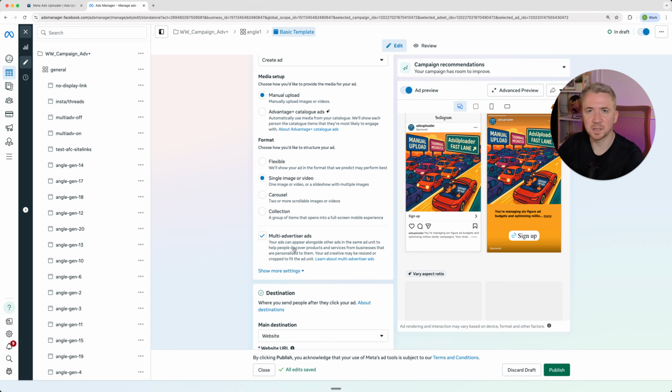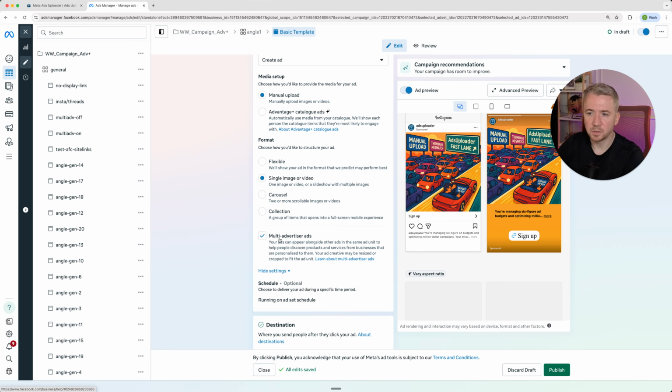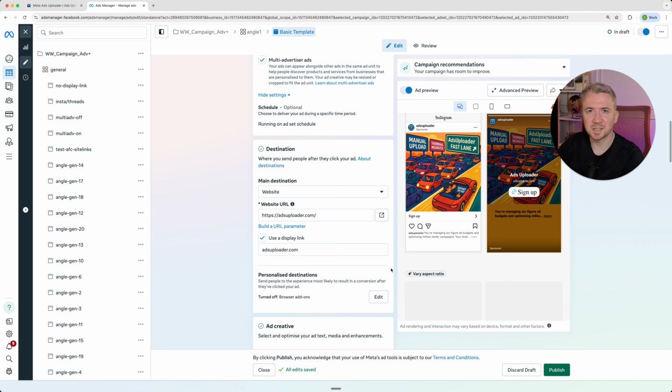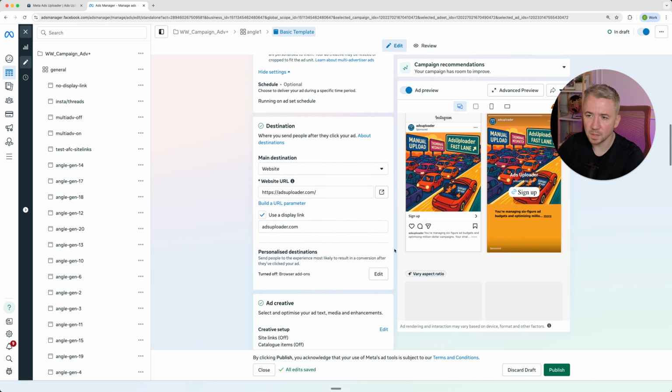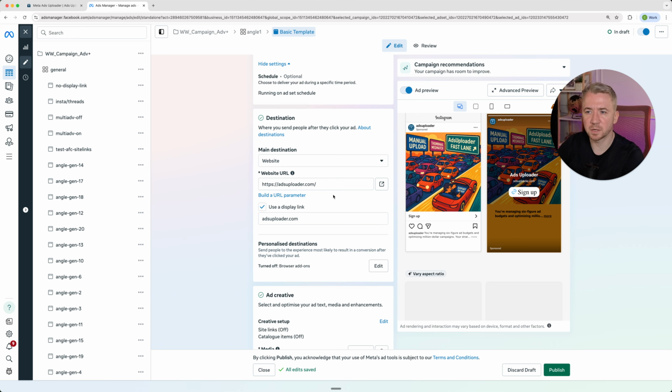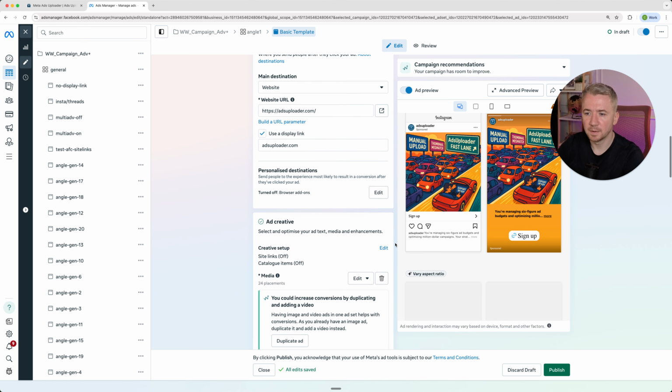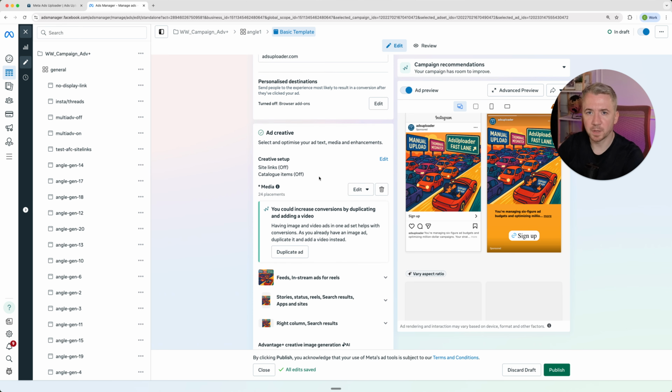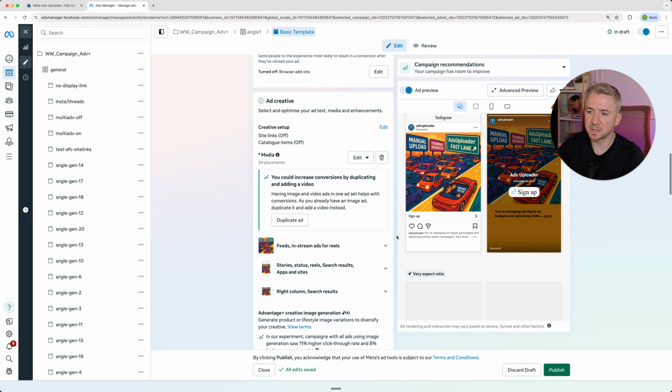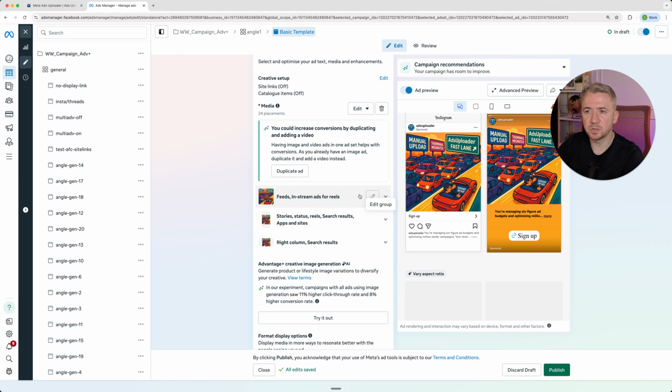I'd recommend just a single image. That's all you need. You can choose whether you want to have multi-advertising ads on or off, and you basically set this ad up as if this is the perfect structure of an ad that I would like to copy for my future ads, whether they be video or images. So you set your destination, you set your website URL, your display link, and then you can do your creative setup. So you can include a site link, you can include a catalog, and I'll show you that in a second. But what's really important is you just have that single image which is applying to all of your different